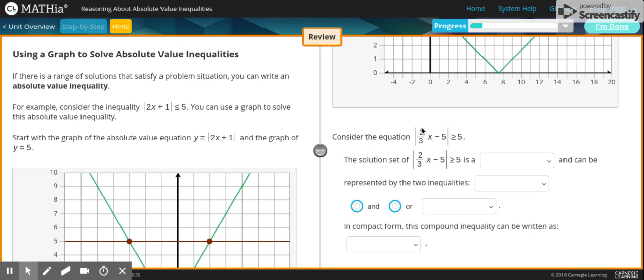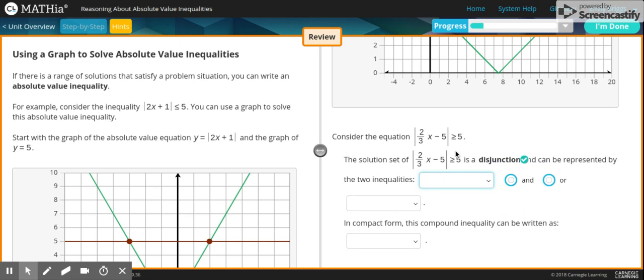Consider the equation |2/3 x minus 5| is greater than 5. The solution set of |2/3 x minus 5| greater than 5 is a conjunction or a disjunction. It's a disjunction because the arrows are going this way. The two inequalities